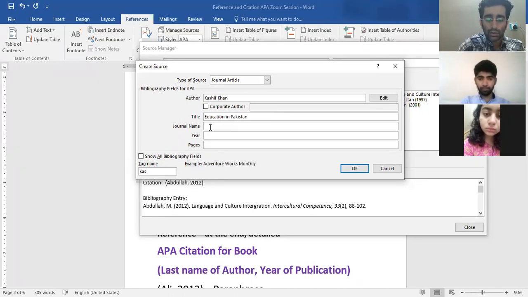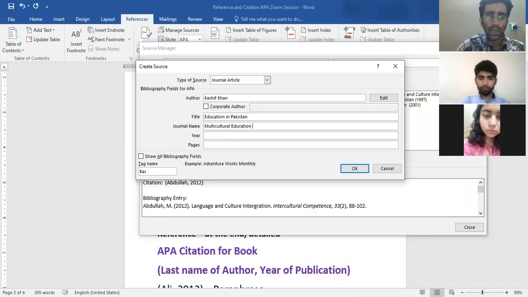Title of the journal. If you remember from the last session, there are two titles in a journal. One is the title of the article and the other one is the title of the journal. So if we say, for example, Multicultural Education, this is the title of the journal.